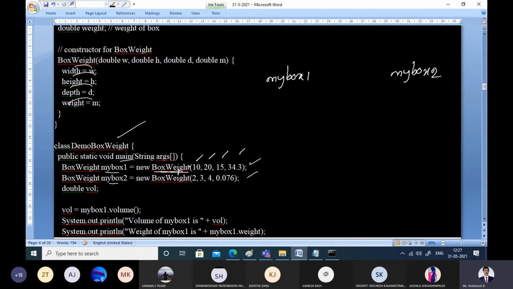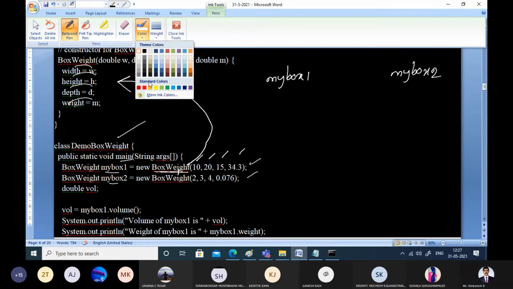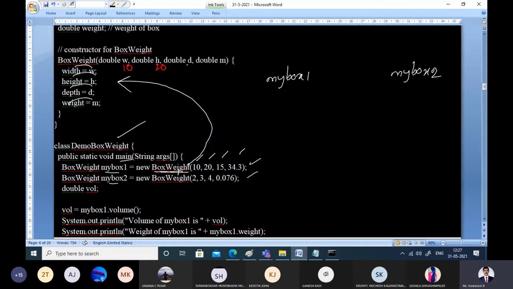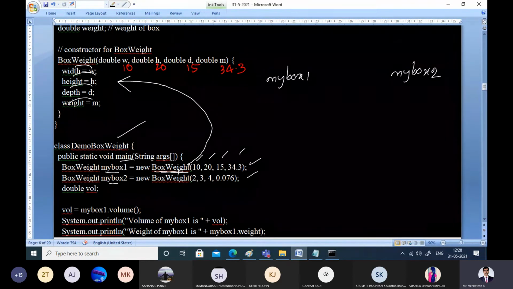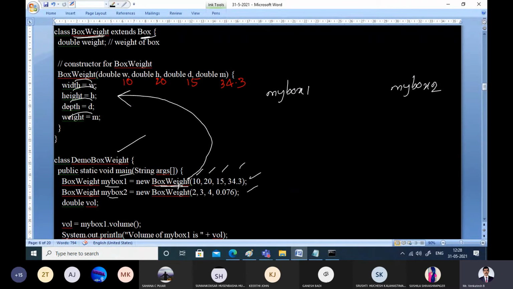This line will make the constructor of the subclass be called. The BoxWeight method is being called by passing these parameters: 10, 20, 15 and 34.3, and they are being assigned to those individual members: width, height, depth and weight.